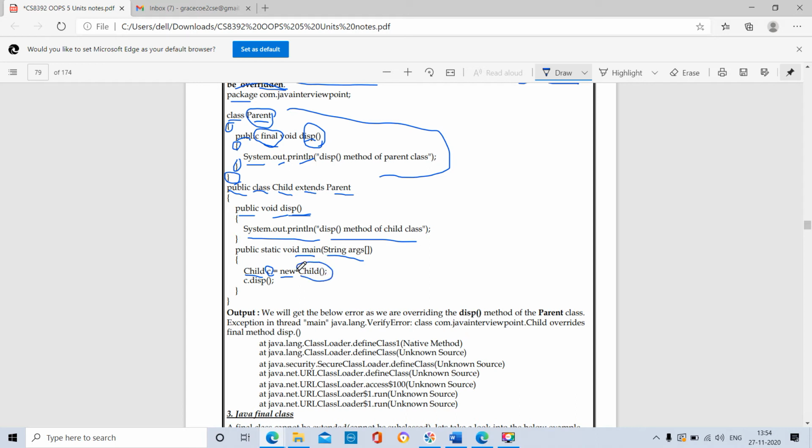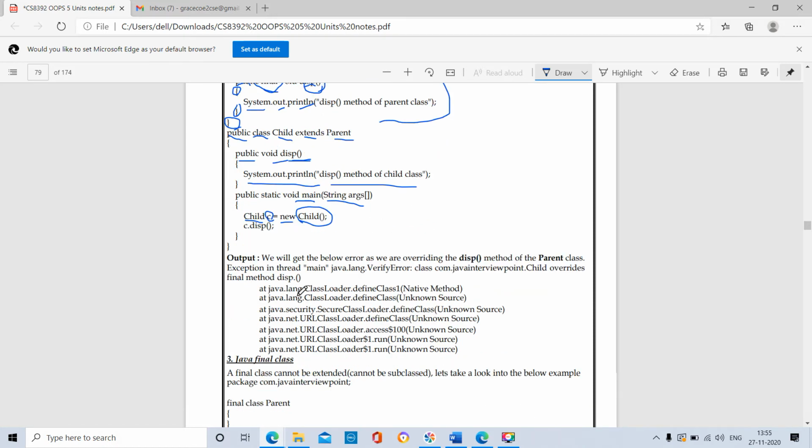Child is the constructor. Child open bracket and close bracket semicolon, because child is the same as the class name. Class name and method name are both the same. So this is the constructor. It will construct our object. Our object is C. Next line is C dot display of.